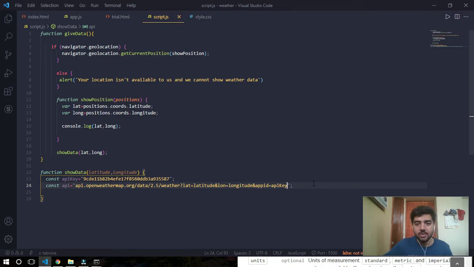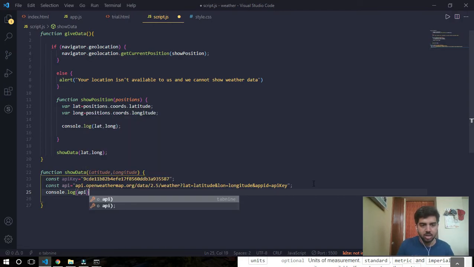Now if I console log this, console.log API, I should get such a link which, when accessed, should return me the data of the position which I am currently in.